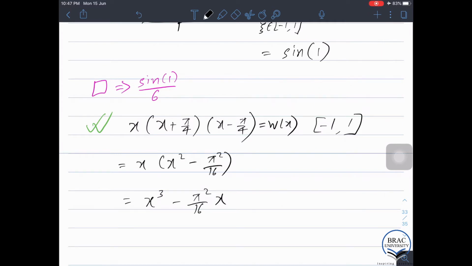Okay, so I want to find the maximum value of w of x. If you're given a function, how can you find the maximum value of that function in an interval? You did it in your high school. So what I mean by high school is college. I mean in your HSC class or A levels, or maybe before that. If you want to calculate the maximum value of a function, what you have to do is make the first derivative equal to 0,